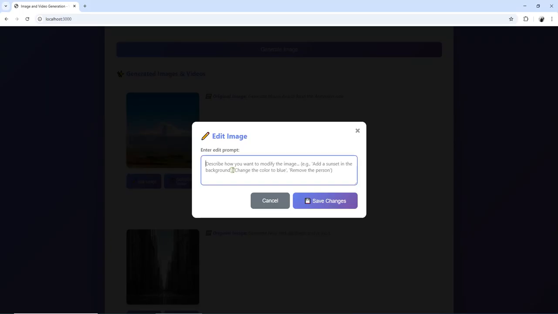Now let's edit the image. Add bird flying in front of the mountain.